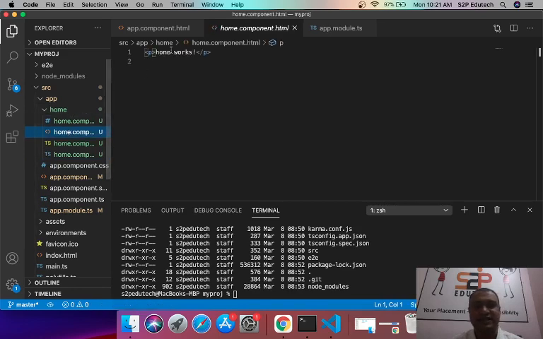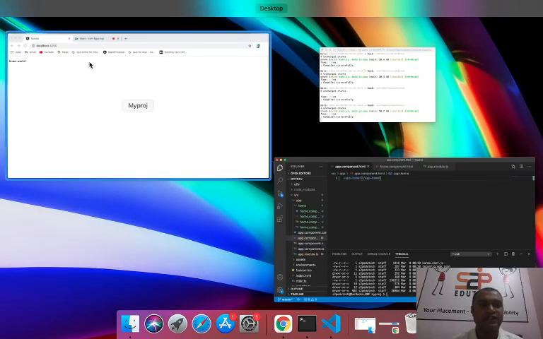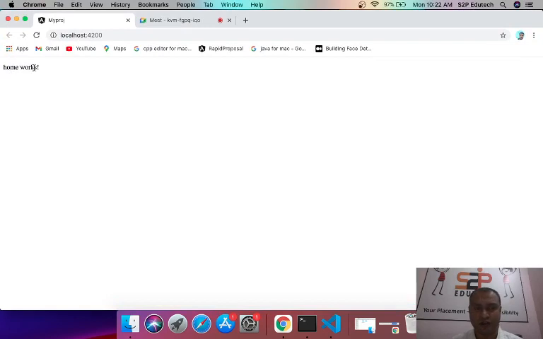In that component I have not done anything, so it is just a blank component, right? If you can see the HTML, it's plain and simple default HTML that comes after generating a new component. It's just saying home works, right? And in my app.component.html, as of now, I have included its selector in the app.component.html file, right? So at the end, what you see is home works. I have not implemented any routing, I have not done anything, right?